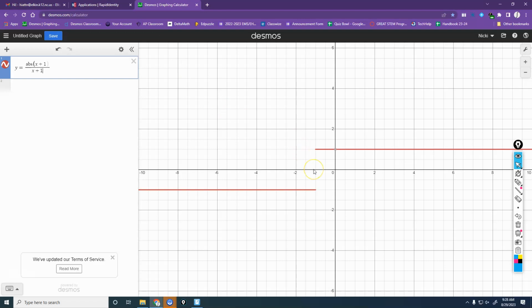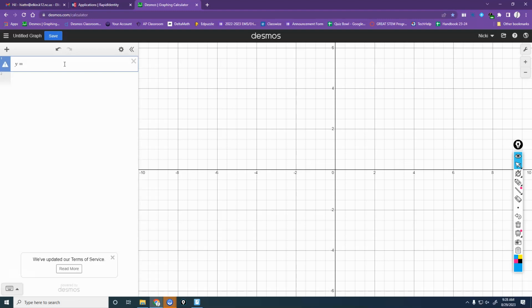And here's what you got. You got just a line, and you jump up to the other line. These would be open circles at the end because it's undefined right there at the end. So this is the case. Now, watch. This is going to be the case for pretty much all problems that look like this. If you have something that would cancel, but you got absolute value bars, it's going to happen for pretty much